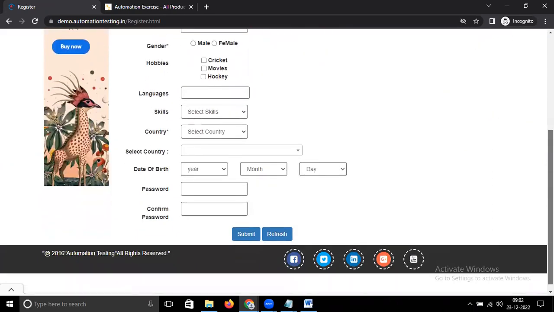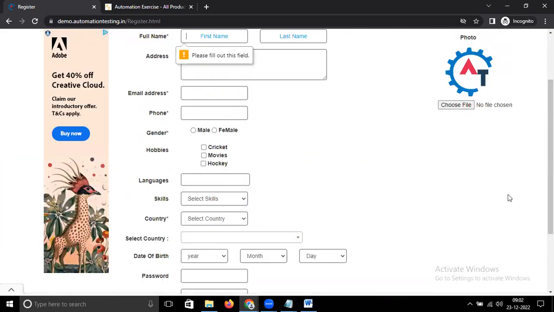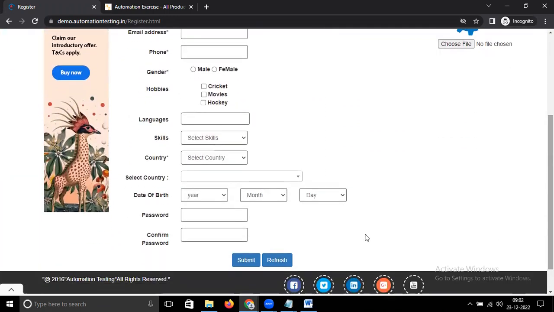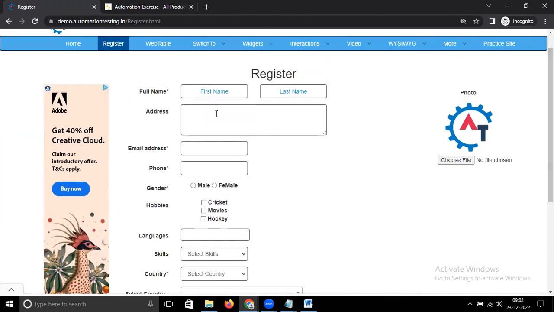Okay, so when I enter the screen, I simply click on the submit button. If I click on submit, I'll come to know what the key areas of functionality are. It says please fill out this field. What is this field related to? It is asking me to enter first name. Let me enter first name, QA. Let me enter last name, QA test, something like 123,